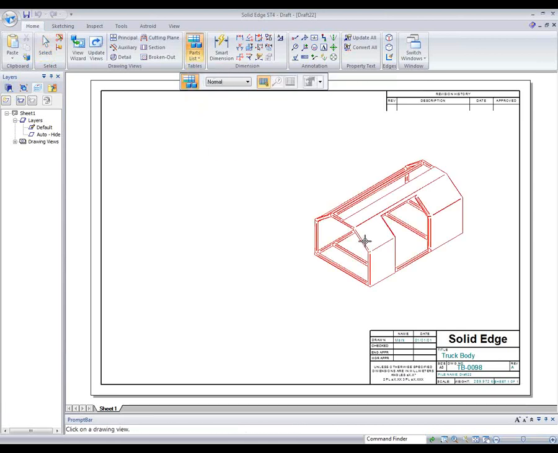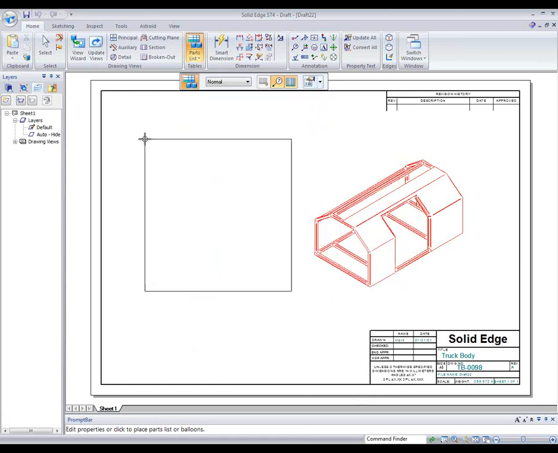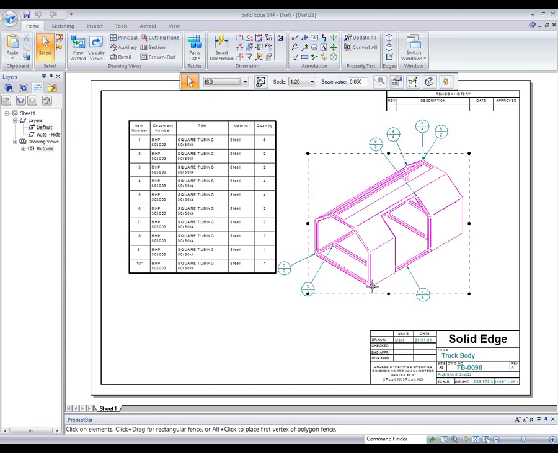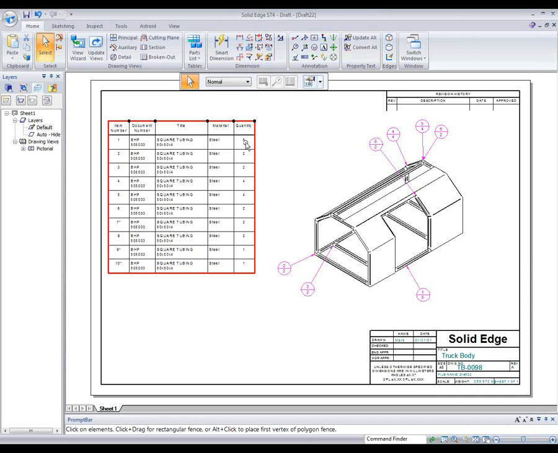So, I want to look at what I'm going to put in that parts list. Now, I want to deal just with the frame for the moment. So I've removed the cover, say OK to that. I'm going to place that parts list so it gives us all the steel sections. On this we can hide, but what you're seeing here is the number, the quantity, they're all ballooned on here,